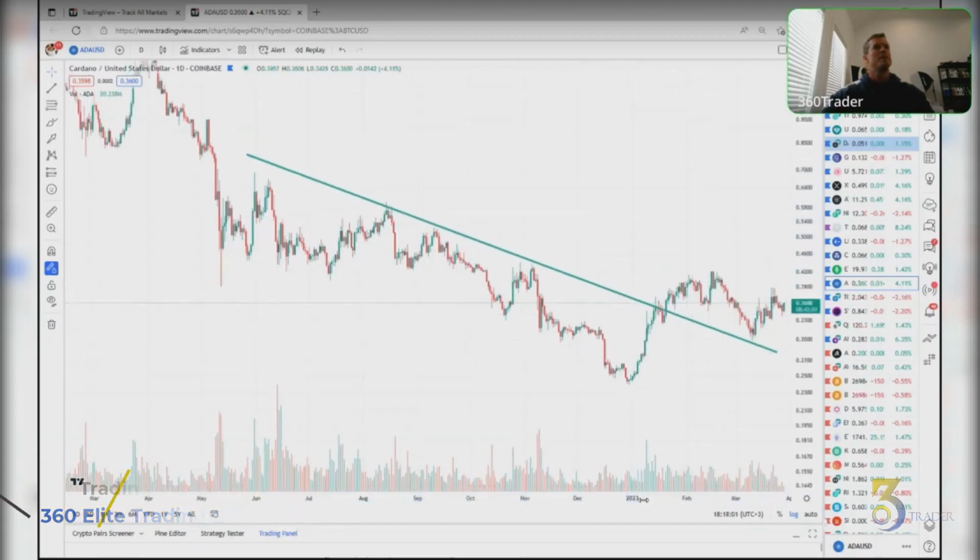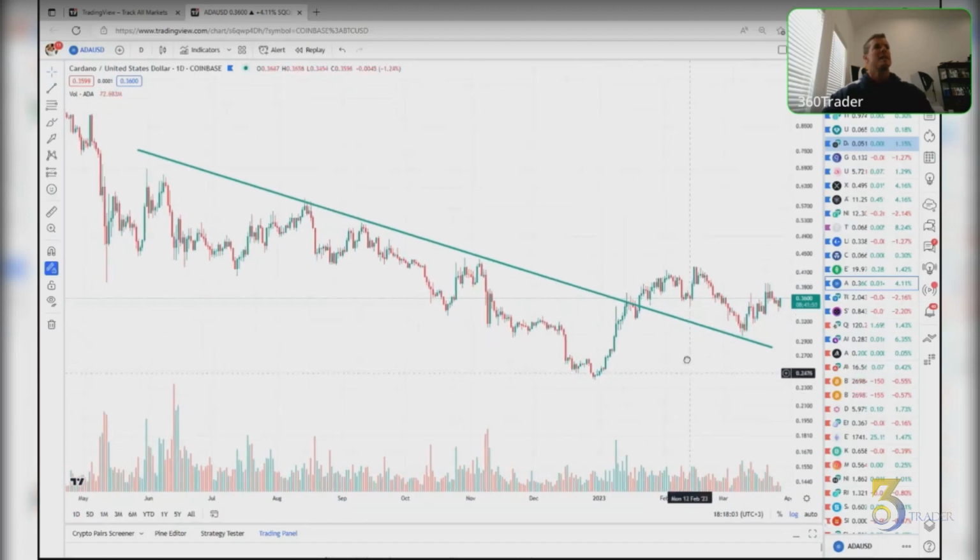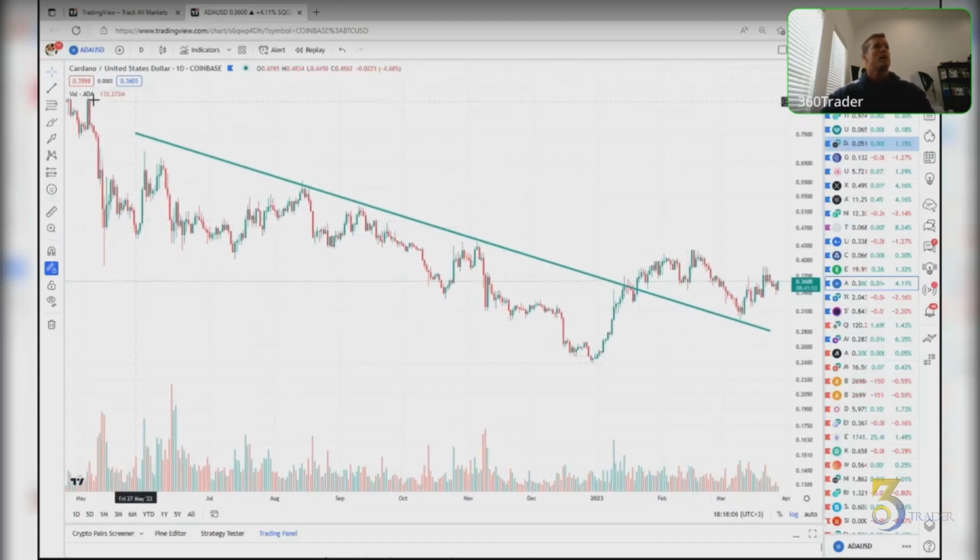So there's a quick one right there. We just kind of threw that up real fast as an example. Now, for short-term horizontal lines, you can do the same. So let's just say I want to do this area right here. Because I don't want a horizontal line going all the way across my screen, I still use the trend line for that. And then you can manipulate it, you can move that up wherever you want. But for a short-term line, I don't use the horizontal, and I'm going to show you what I'm talking about.